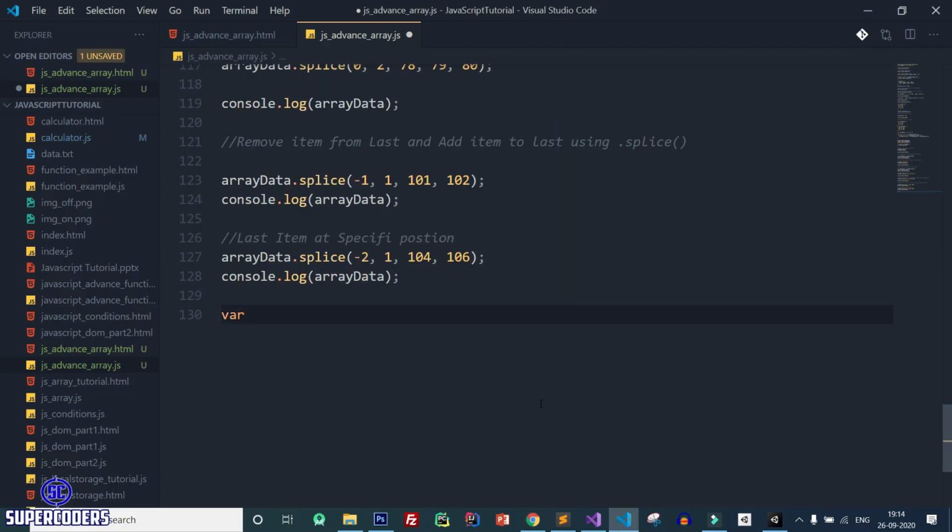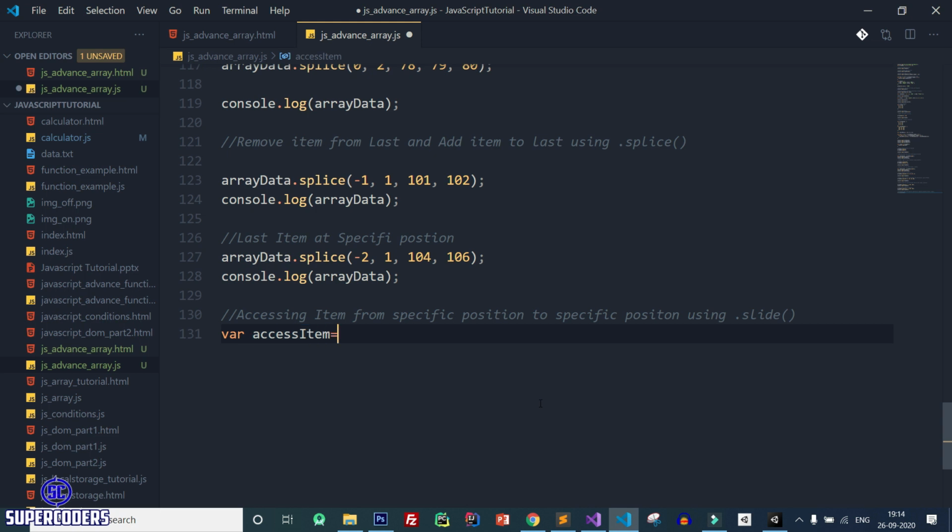After that, access item. Accessing items from a specific position to a specific position using the dot slice method.